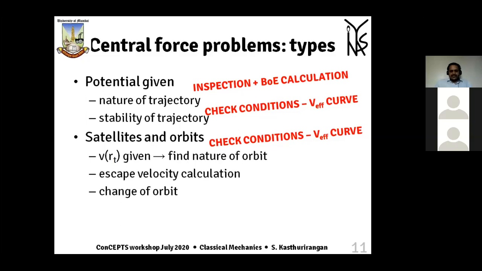Then there is a set of formulae which it is better to know by heart: escape velocity, critical velocity for launching a particular satellite into orbit. One very important trick in problems involving what is the height of the satellite type of problem. There are questions which are framed this way: what is the height of the satellite above the Earth's surface? There, when you do the actual calculation, you will get the answer for the distance from center of the Earth till the satellite. From that, you have to subtract radius of the Earth. This is a common trick which people miss and end up with the wrong answer.